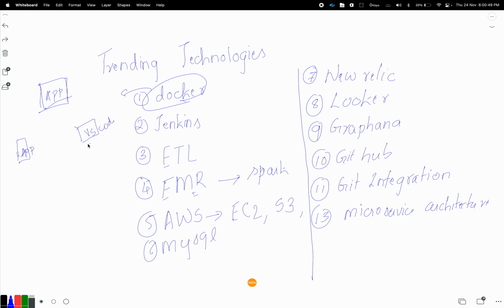When we code, make changes, add a feature, and want to push these changes to our application, the steps involved are, first of all, you need to test it locally. You need to build it,